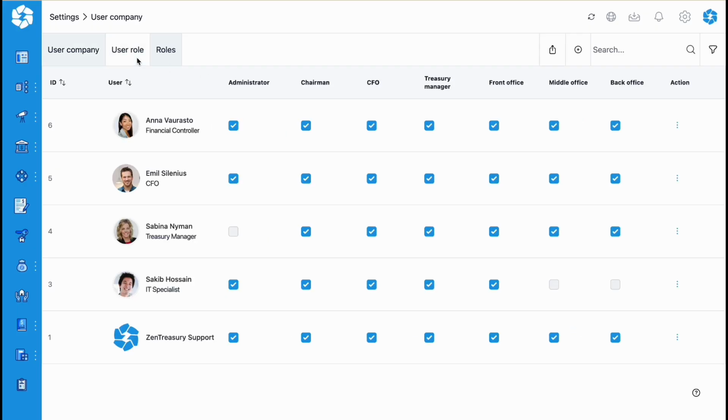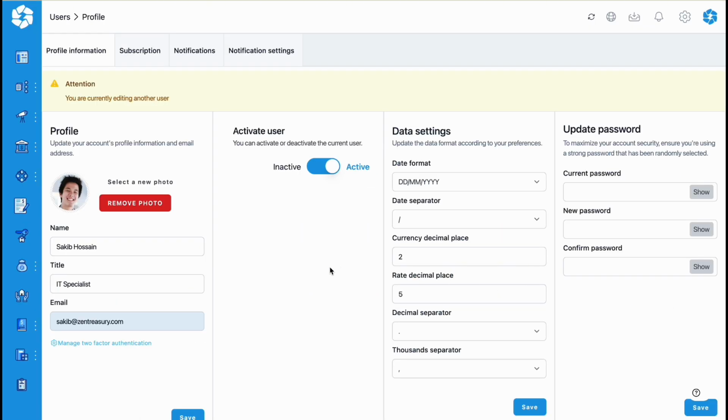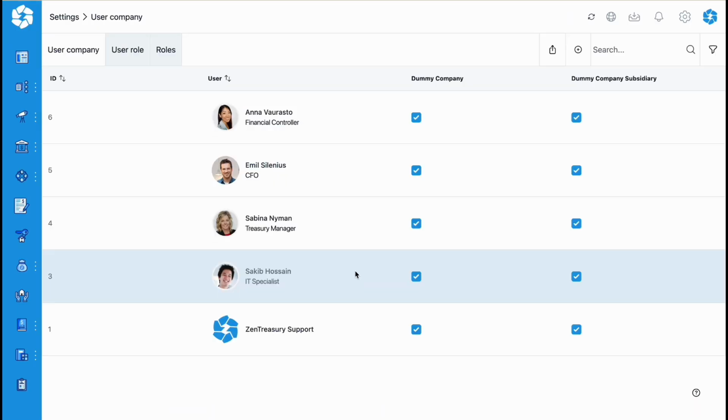In the User Role tab, you can see assigned user roles and manage user-specific information. Simply click the checkbox on to enable the specific role for the user. By clicking on the three dots next to the user and clicking Edit, you can edit user-specific information and, for example, inactivate the user. Inactive users will still be visible on the user list, but will be highlighted in light blue color. User profiles cannot be deleted, ensuring full audit trail integrity, but inactive users will no longer have access